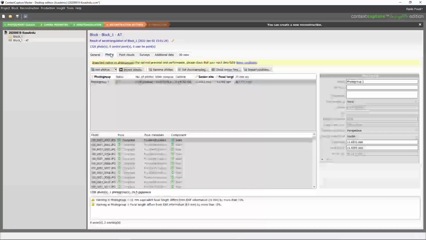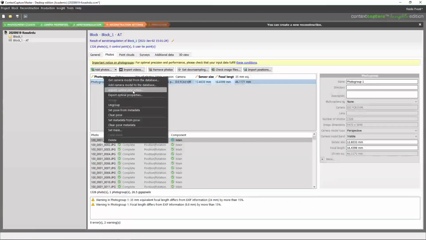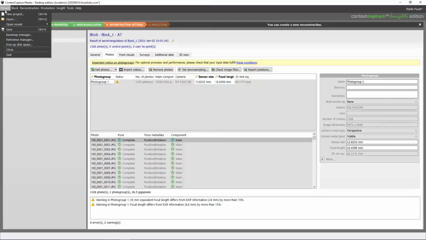Import-export can be done from the tab Photos. You just do a right-click on your photo group and you have a section called Import-export Optical Properties. So, I need to import into this project optical properties from another project. But of course, we need to have that file first. This file is actually universal, as long as it is made from a dataset that was taken by the same camera. I save my current project,